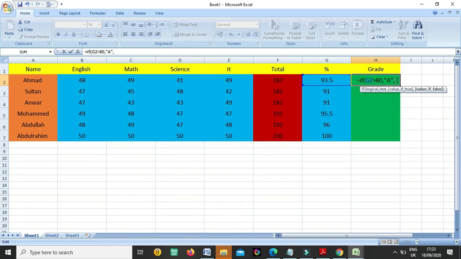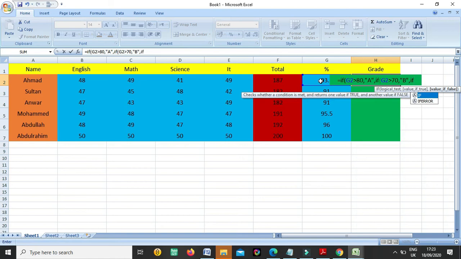Then a separator, like comma. Now the second condition, again I am saying IF, again G2, if somebody has greater than 70%, this is our condition. Then if the condition is true, then he will be B. Inverted commas, then separator.